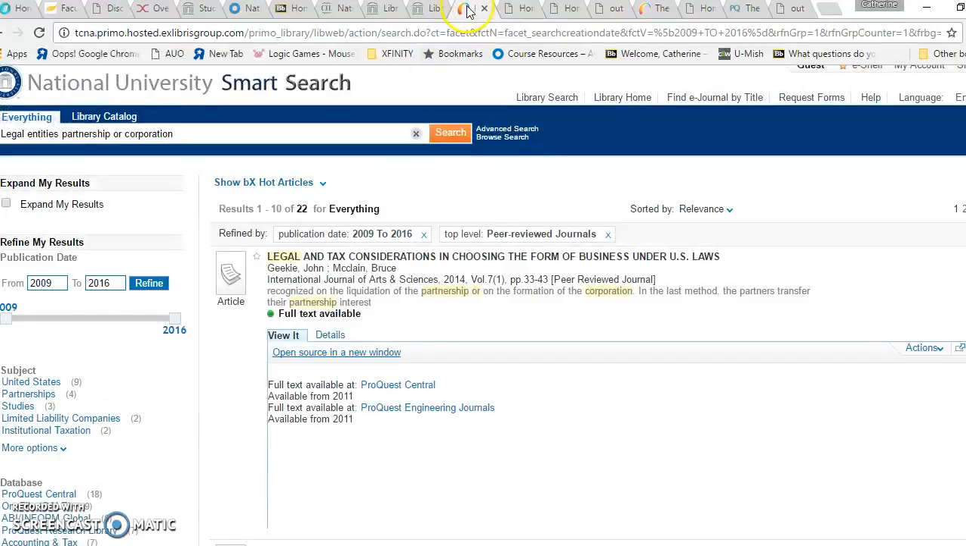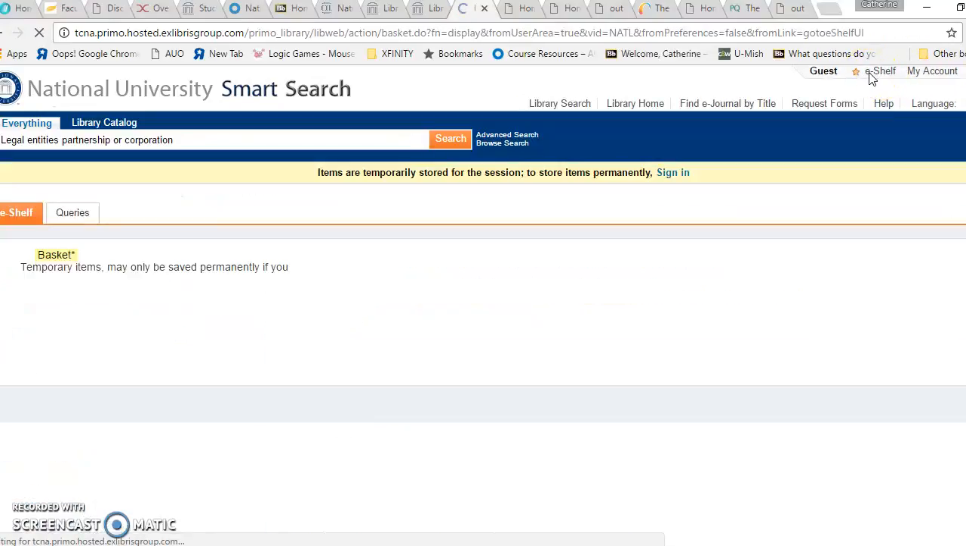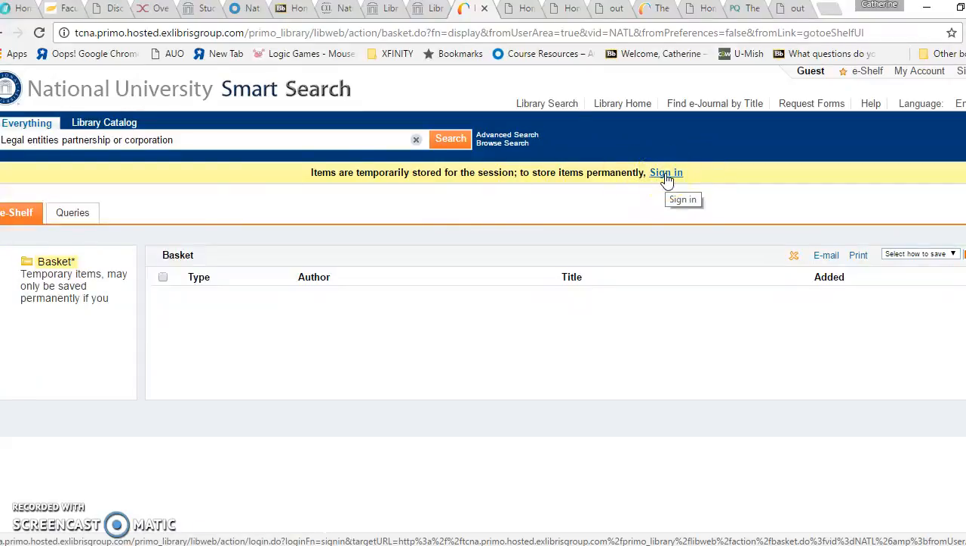Okay, now let's look at something else. In the library, you can have your account. There's usually a place where we can save it. Temporary items may only be saved permanently if you... Okay, so when you go through the items, after you have signed... Okay, so when you're going through the items,